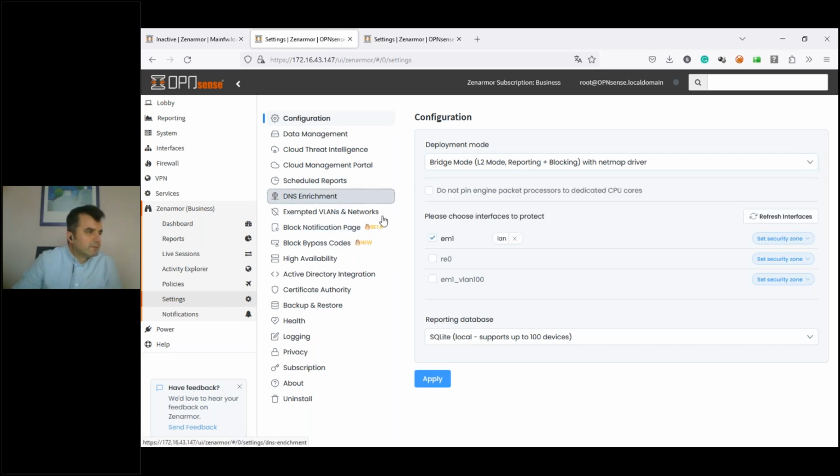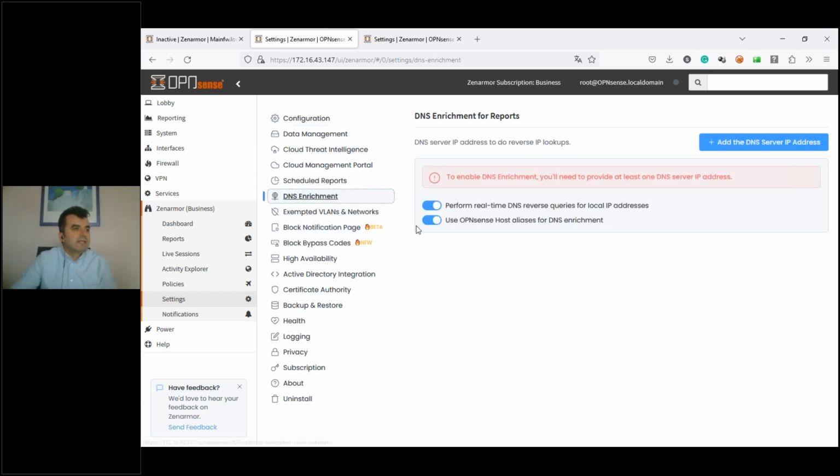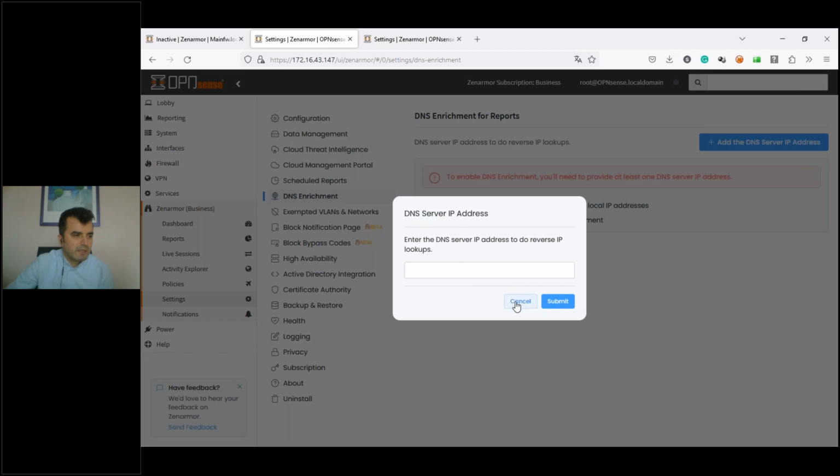And DNS enrichment: Zenarmor can use host names instead of IP addresses on the reports side. You can define your DNS server IP here if you use any DNS server instead of the OPNsense DNS service.